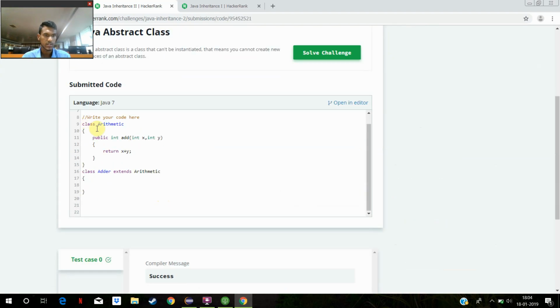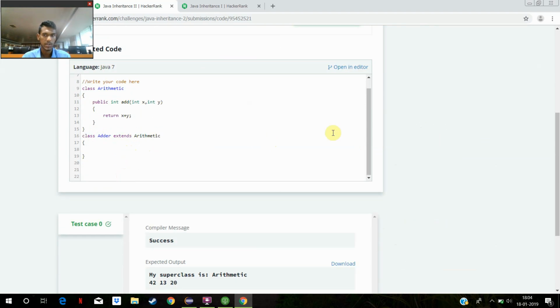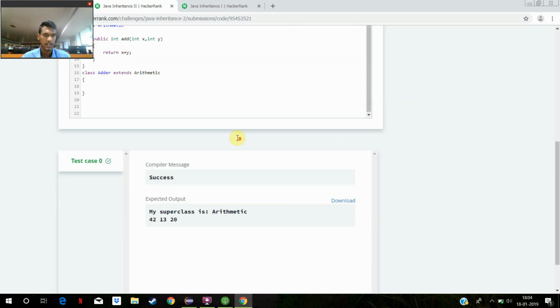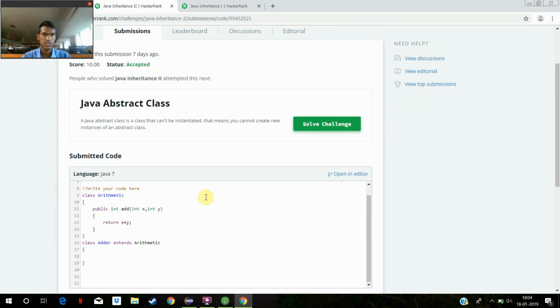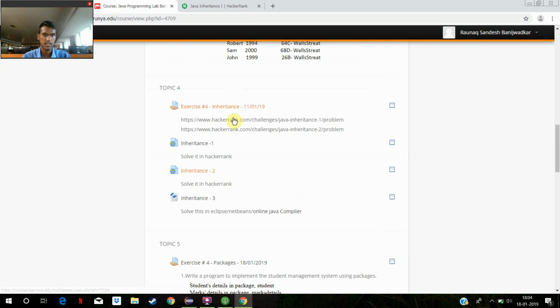So basically this is the class Arithmetic where we create a function public int add with the two integers as parameters, which will return a value, and a class Adder which is simply empty. We do not need to put anything inside the class as nothing was required of us, and the test case shows a success. So this experiment is complete, and moving on to our last program of this exercise,